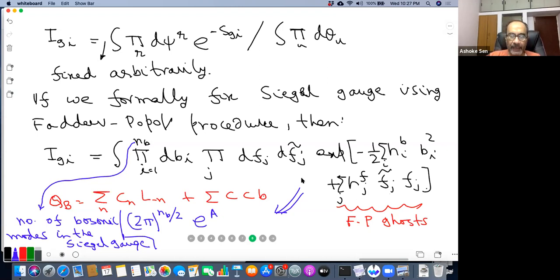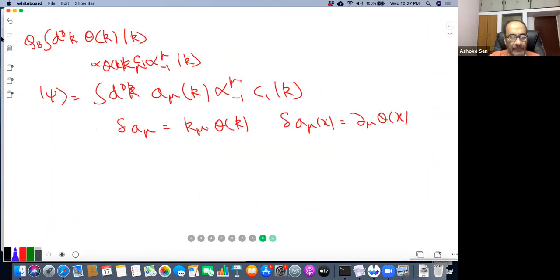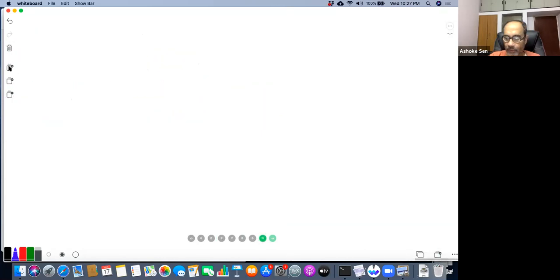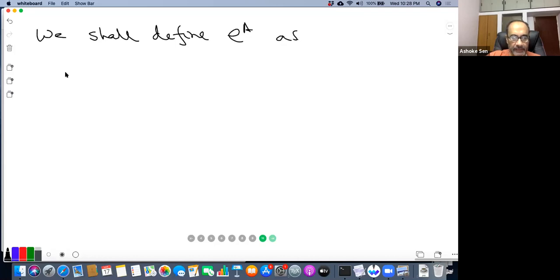So the idea is that we will identify e to the A not with this, this over 2 pi to the n by 2, but because this is formally equal to this, e to the A will be taken to be 1 over 2 pi to the n by 2 times this. That's the way you are going to interpret e to the A. So let me write that, and then maybe it will become clearer. So we shall define e to the A as